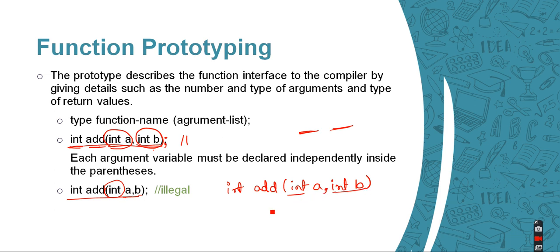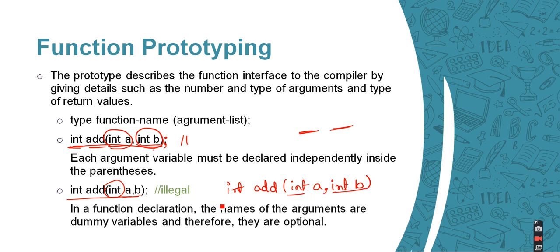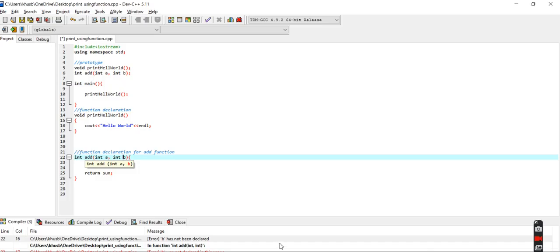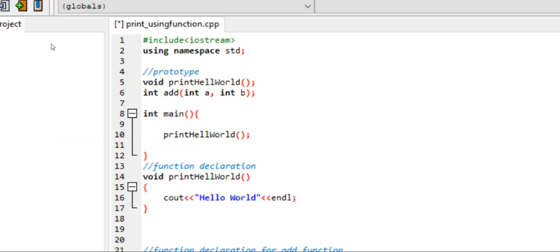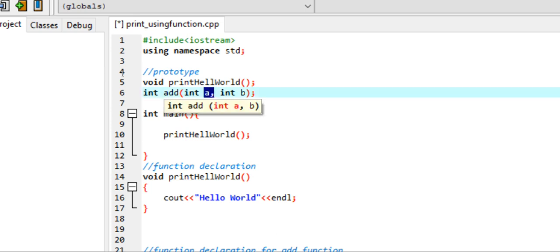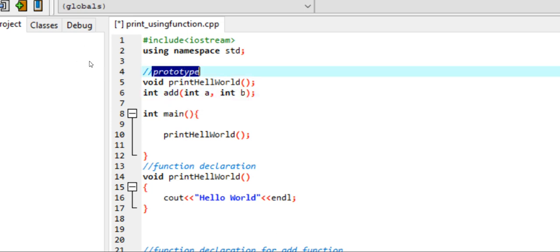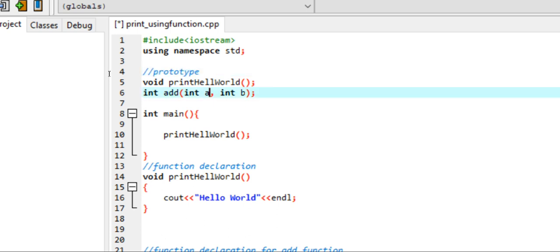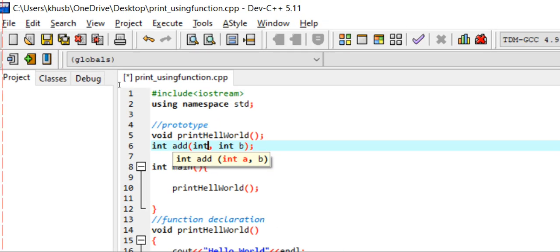separated by a comma. In function declaration, the name of the arguments are dummy variables and therefore they are optional. Meaning that we have this function prototype, right? But one more feature has been added is that instead of writing int a and int b in function prototype only, what we can do is we can just skip this name and just provide the data type.